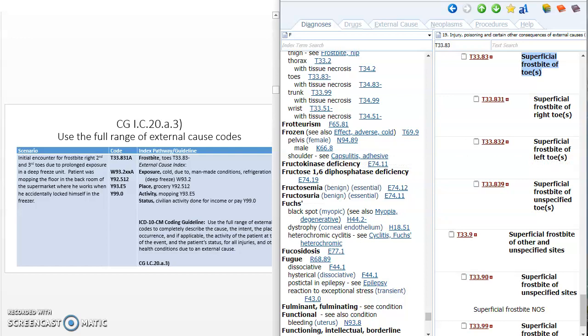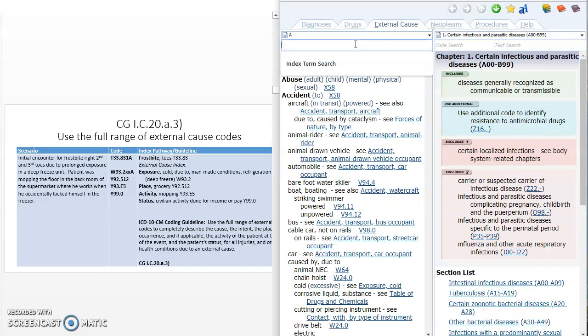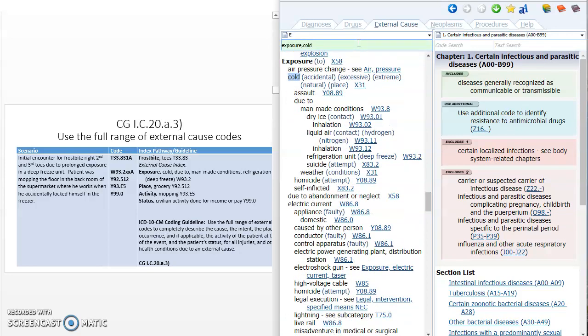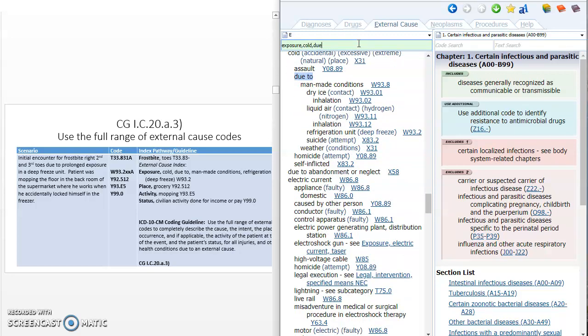The first thing we want to do is say how this frostbite happened. What was the cause? And so we need to be in the external cause index, and we're going to look for the main term exposure. The subterm then is cold, and we want to say it was due to, our connecting term, due to, and then man-made